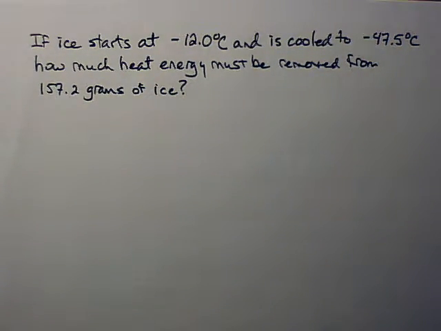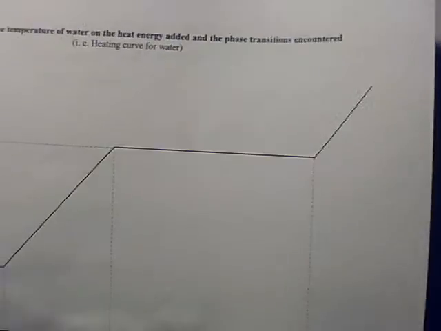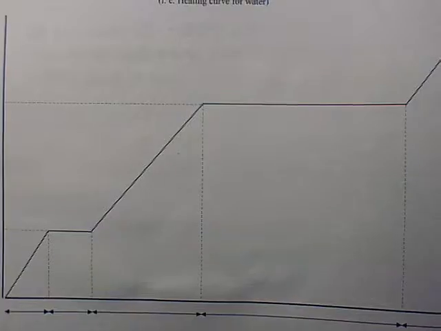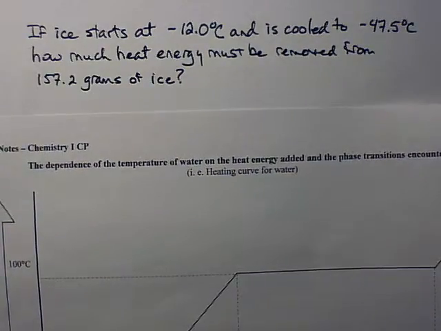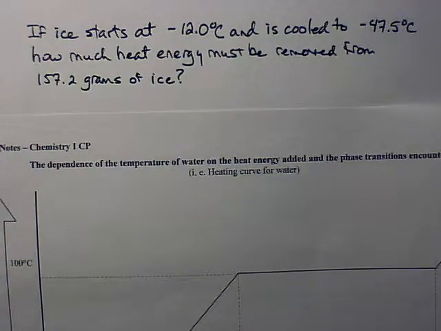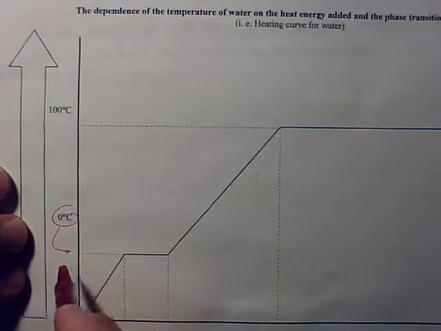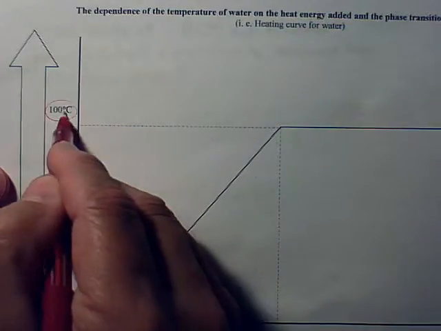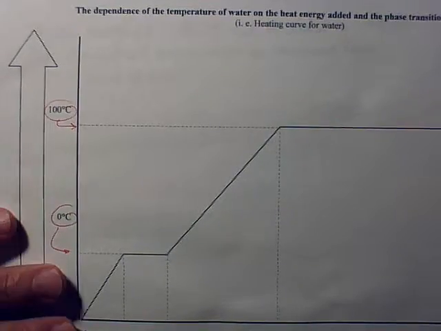Okay, so with a problem like this, one of the first things we need to know is where on this graph we are working. All right, so it says ice between negative 12 degrees and negative 47.5 degrees C. Well, the freezing temperature of water is 0 degrees C. Okay, so we're down below that the whole time. And so in this region then, the equation we're working with